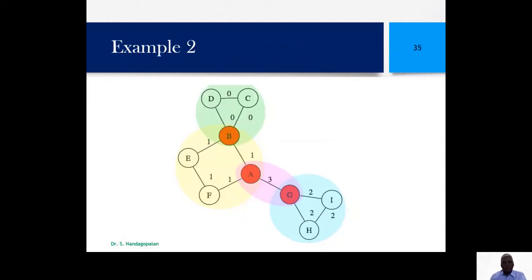So this is another example. Again, you can see here that this is an articulation point because you can easily see that if I delete this, I get this one connected component and the rest another one. So you can verify easily that we have three articulation points here, A, B and G.